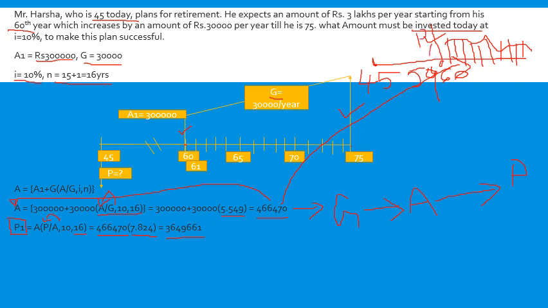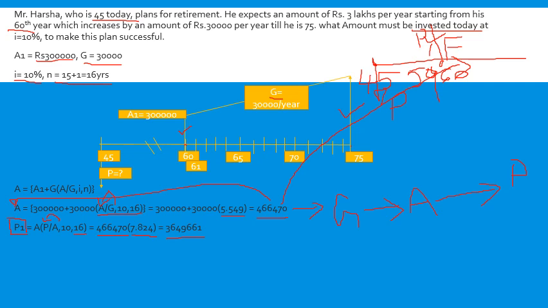Now P1 must be converted into this P. How do I convert this P? Everything that has happened, this uniform series has been erased and only P1 is available now. How does it look to you now? This is nothing but a single payment. Yes or no? Just a single payment. When is it happening? At a later stage, and hence what can I say? This is nothing but F with respect to year 45.